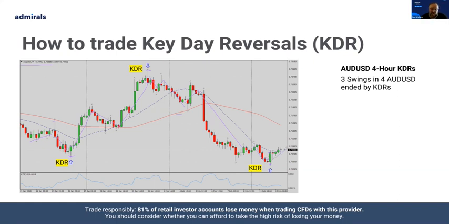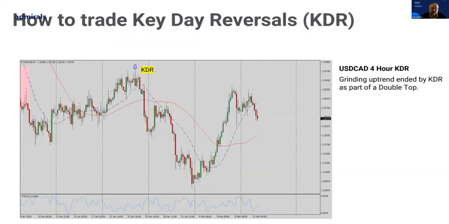So there's a nice 4-hour chart. That's over, what, 3.5, nearly 4 weeks. But there's at least 3 trades there, just trading key reversals on 4-hour charts, and without too much pressure on you. As I said, they don't happen as often as we would like. So when they do happen, sit up, take note. Have a look at them. It's a very simple way to trade swings. I think it's a really nice, simple way.